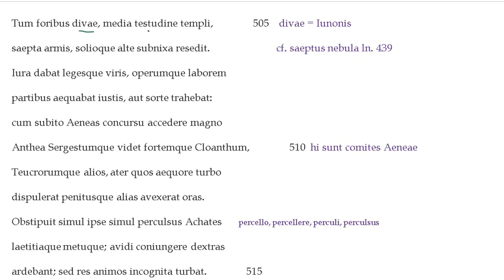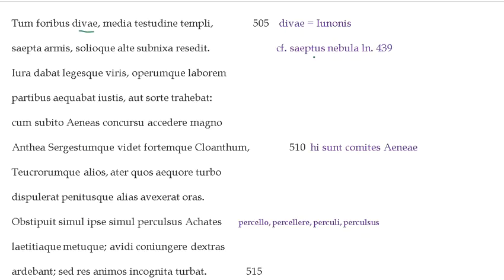Here, testudine, testudo is literally a tortoise shell. But this refers specifically to the vault of the temple because of its shape being roughly rounded off at the top as a tortoiseshell would be. So in the middle vault of the temple, saepta Artemis, this, if you don't remember, is going to refer to Dido, who was your subject up until this point in the earlier part of the reading. So she is saepta Artemis.